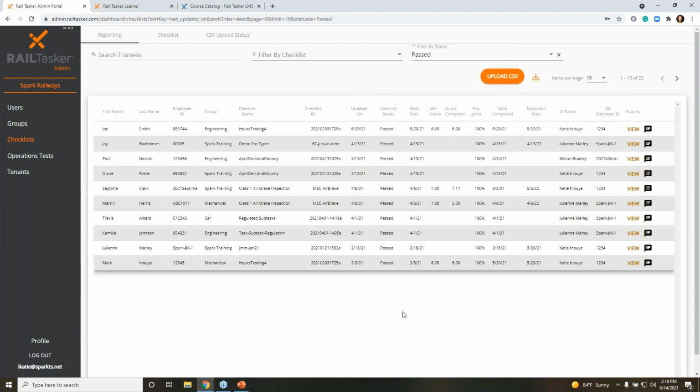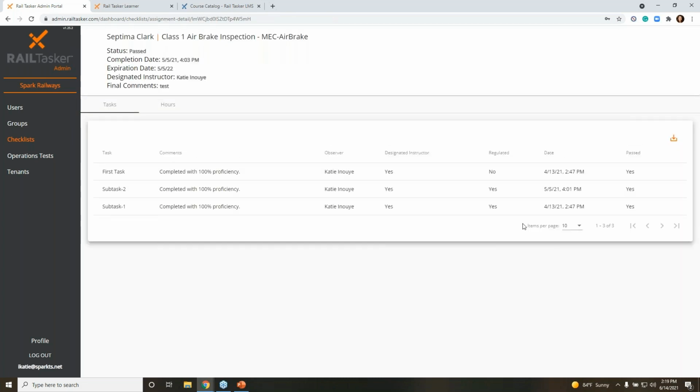Actually, on our top level report, it has the designated instructor name and the checklist name, the date it was signed off. It will have that at the top level. If you need to have more details, this would be above and beyond the training requirements. But you do have every task that was signed off, who signed it off, and whether or not they were an instructor. Certainly a qualified person can be the one signing it off, and then in that case it would have a no. And at the top it would show who did the final sign off. It's not the best example, but for the purposes of record keeping, just how that works.